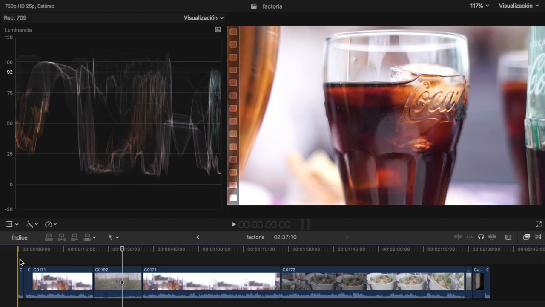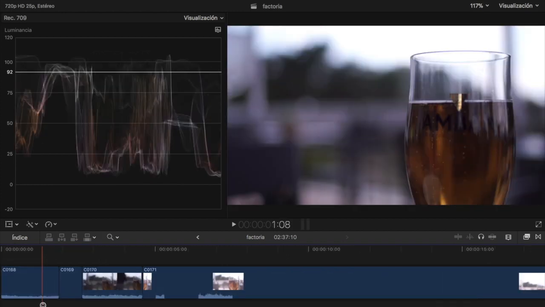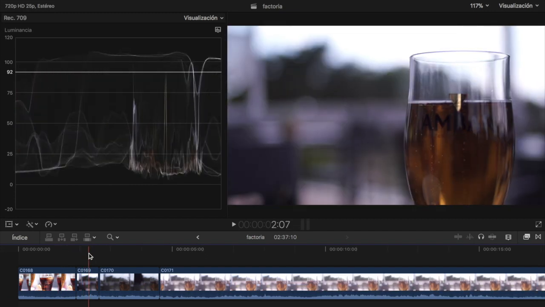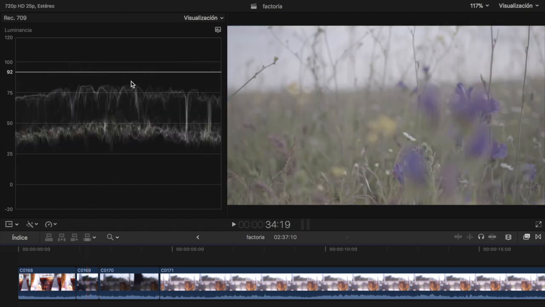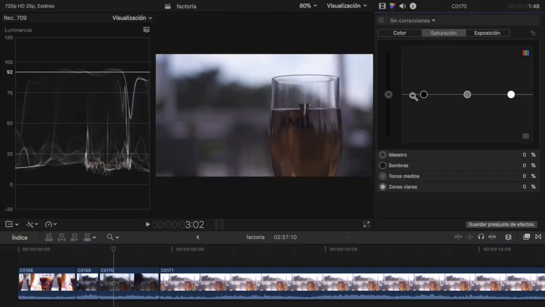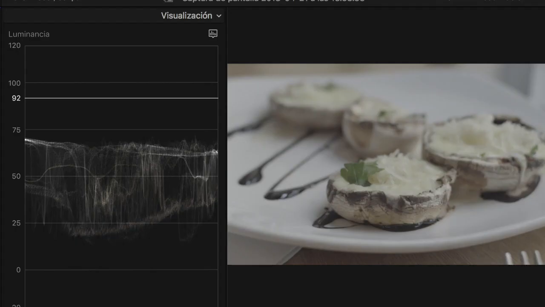Why don't you use the color profiles? That's what the color profiles are for. Here is the beer with no color profile. You get this wide range, and then you can use color profile 1, for example, and you can manage this a little bit. If you want to color grade, but color grading is not always about coloring everything. That's why you need to have a purpose when you are